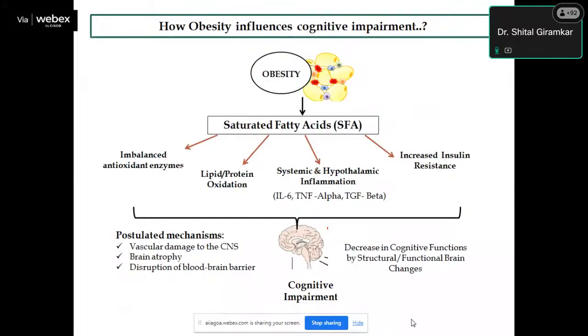In obesity, as we all know, saturated fatty acids, that is free fatty acids, are increased, which leads to imbalance in antioxidant enzymes in the brain, and increased oxidative stress in the brain leads to a decrease in cognitive function. So what are the postulated mechanisms for this overall situation? That is, vascular damage to the